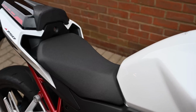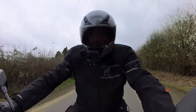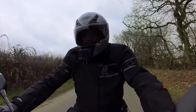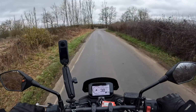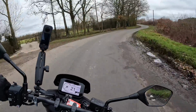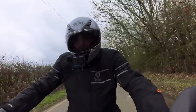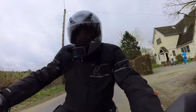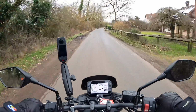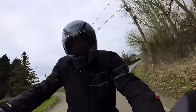The seat's quite broad at the back, so I can imagine that would be comfortable, but I will report back on that once I've spent more time in it. With the two-piece seat, you haven't really got a lot of room to move backwards and forwards, so you're planted in one position. The back of your backside is up against the hump at the rear, but other than that it's pretty good. Not too much of a bend in the legs, a semi-sporty position, but it's not an uncomfortable riding